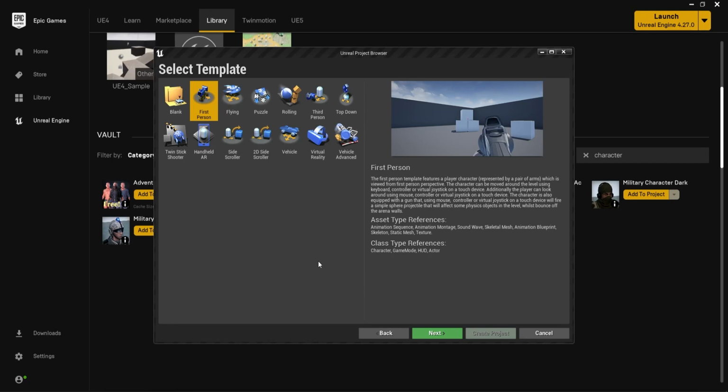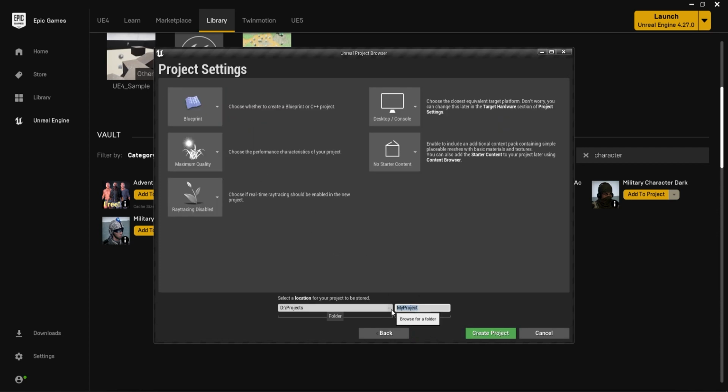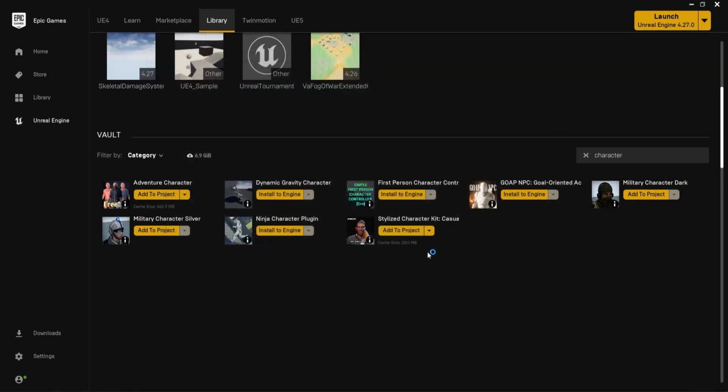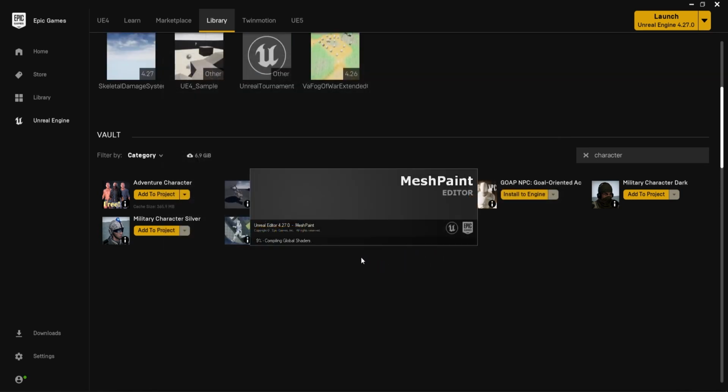So we are inside Unreal Engine now. We're gonna go ahead with the first person template and we're gonna call this Mesh Paint. We're creating a new project, and once it's finished creating the project,